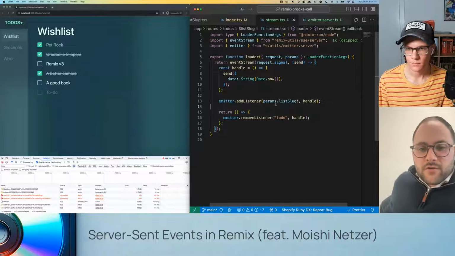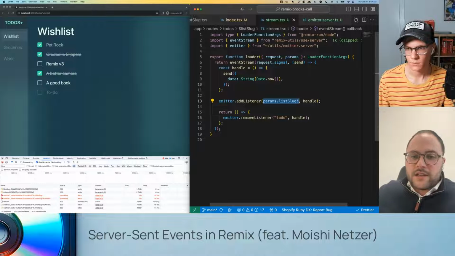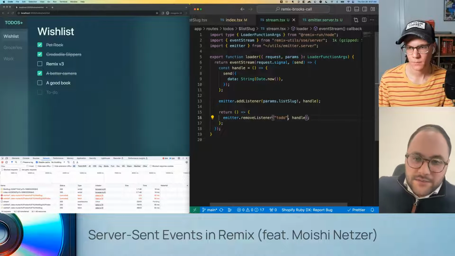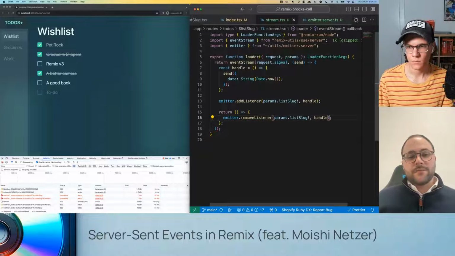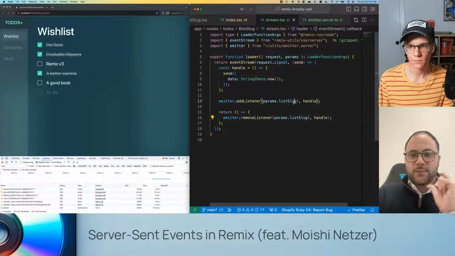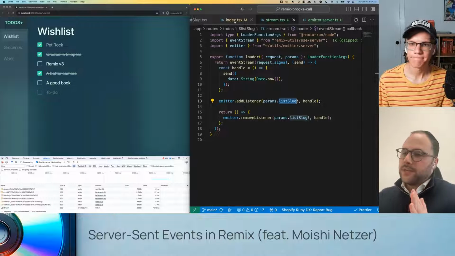Let's copy that over to the remove list now, because we need to remove whether this is linked to this slug specifically. And again, this could be anything. It could be completely arbitrary. It just needs to be something that's unique that makes sense to the listeners that we have. Something that's going to be shared between them, right?